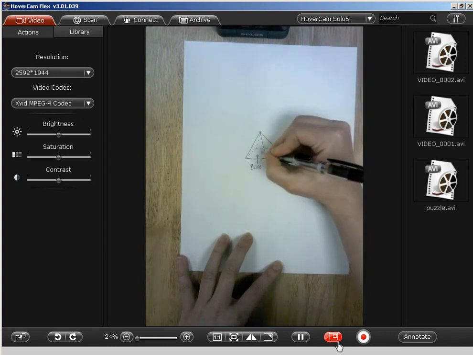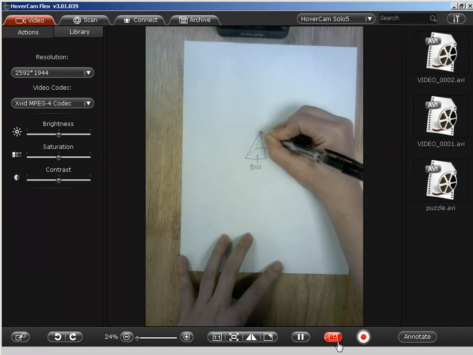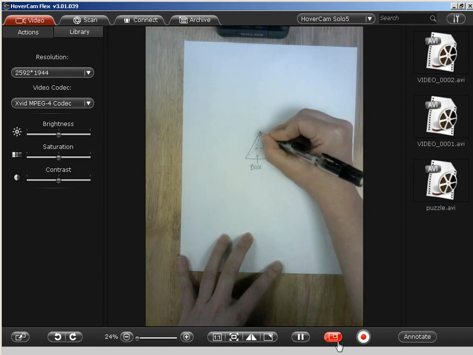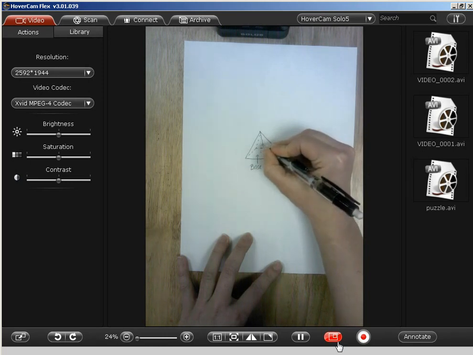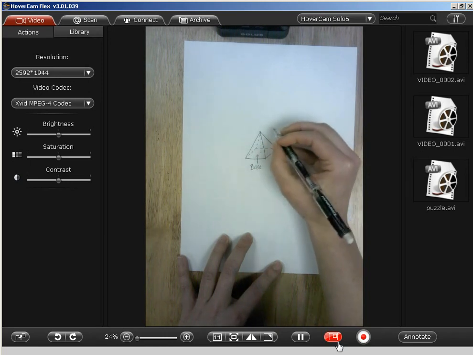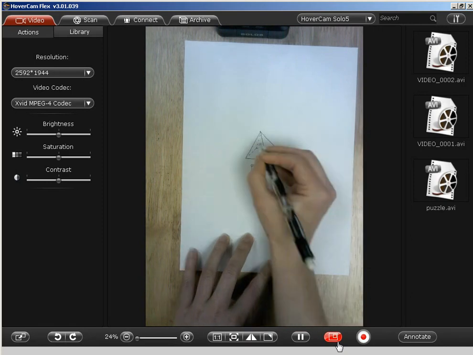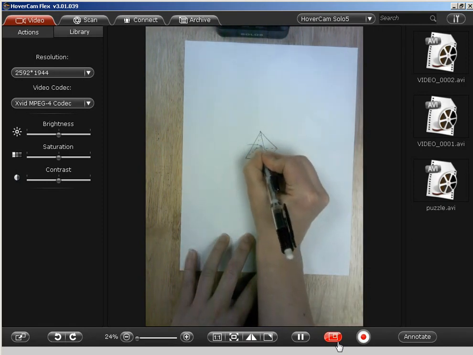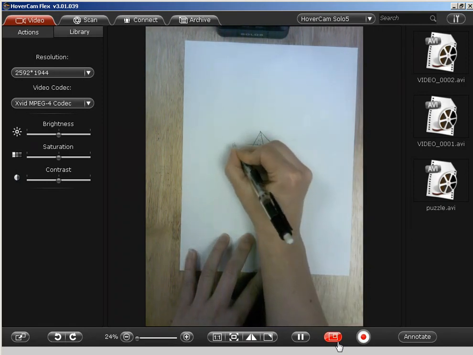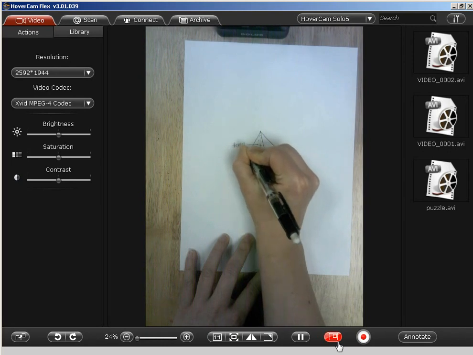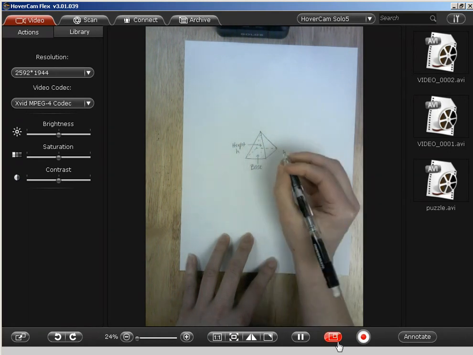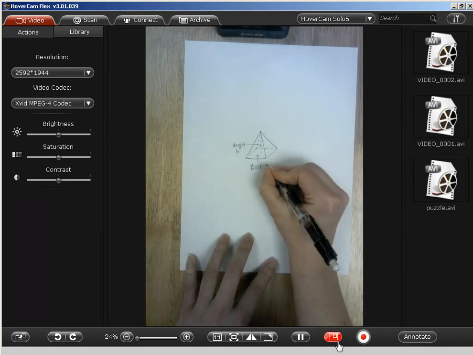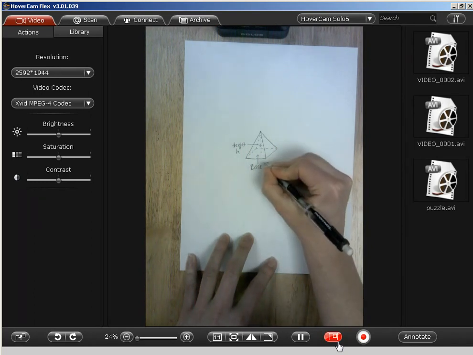So we want from the base to that point, the very top of your pyramid, we want to draw another dotted line down to the base. This is what is actually going to be our height, this dotted line that we just drew. So if you want, you can draw an arrow to it. This is our height, just like that. We're going to call this H, and we're going to call this our base a capital B.